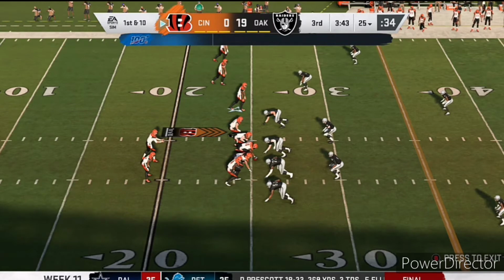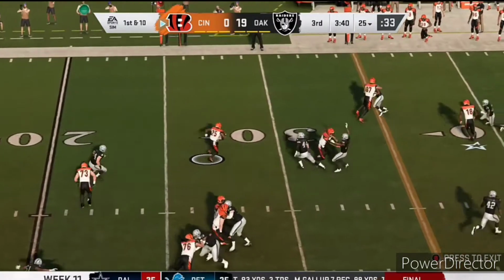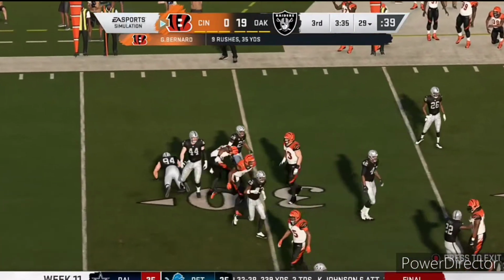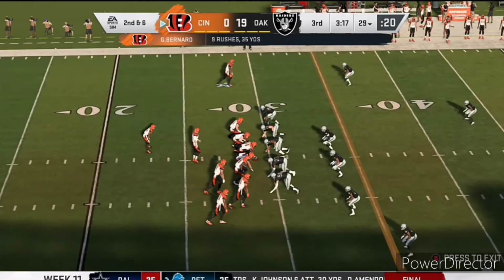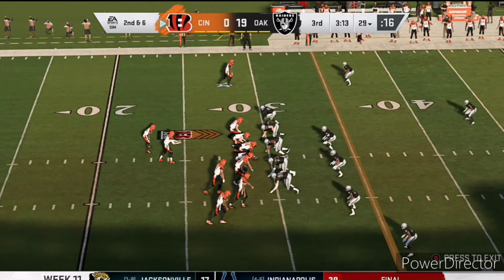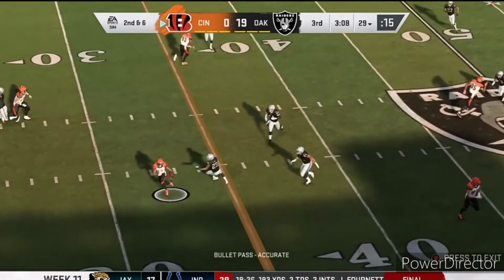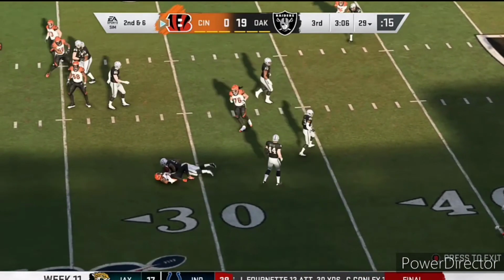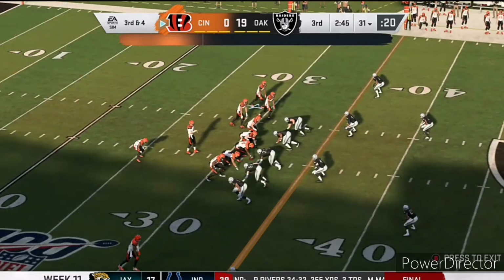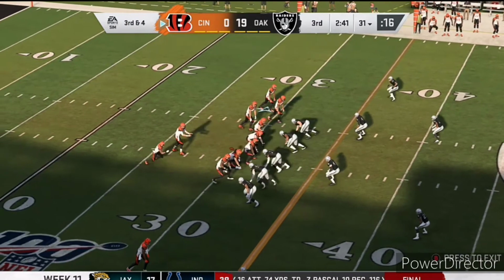First and 10. He will await the snap from Trey Hopkins, gets the snap, drops back, and hands it off to Bernard here, who does not break a tackle there and gets it out to the 29-yard line, which makes it second and 6, as nearing 3 minutes left to go in the third quarter. Burrow drops back to throw in a bunch, finds his guy Bernard, breaks some ankles, but does not get anywhere but past the 30-yard line at the 31-yard line. Makes it 3rd and 4 on a 2-yard catch and run by Bernard there,